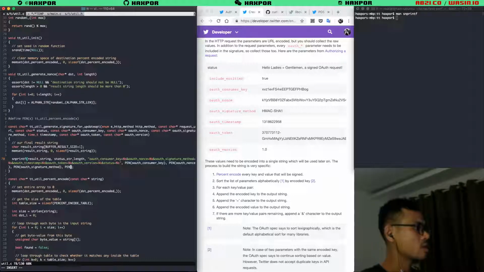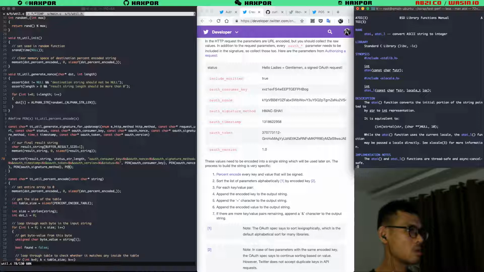We need to convert the OAuth timestamp into a string first. Which function do we use? atoi maybe. itoa, yeah.